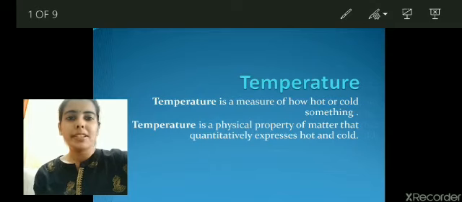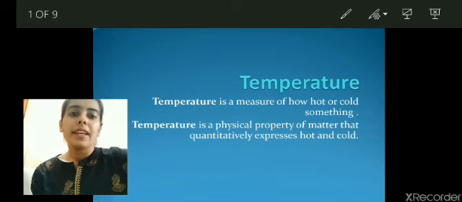In the previous lecture, we discussed heat. Heat is a form of energy. We discussed how heat brings out different effects, that is, change in the state of matter and change in the dimensions of a substance. Then we studied thermal expansion and the different applications of thermal expansion. Today we are going to study further about heat, and how to measure it.